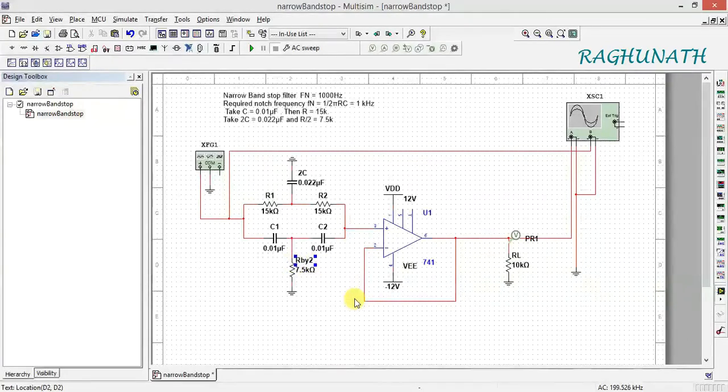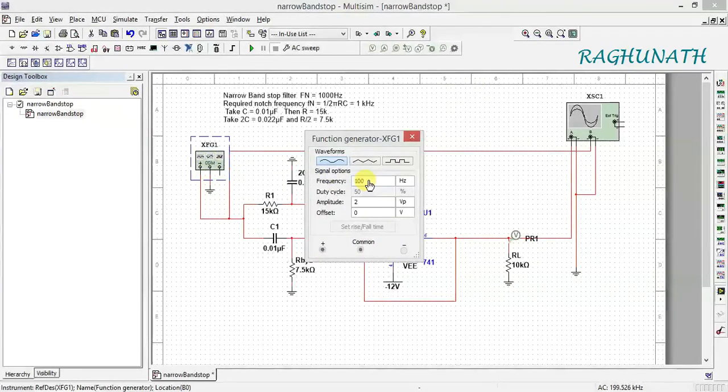Okay. So next, you have to get a signal generator from the right side. You can see the function generator, so using this, it is connected here. What are the settings you have to do? You can note down here. Set the frequency to 100 hertz, amplitude to 2. Select sinusoidal waveform. For this, if you double click on this, you have to select.